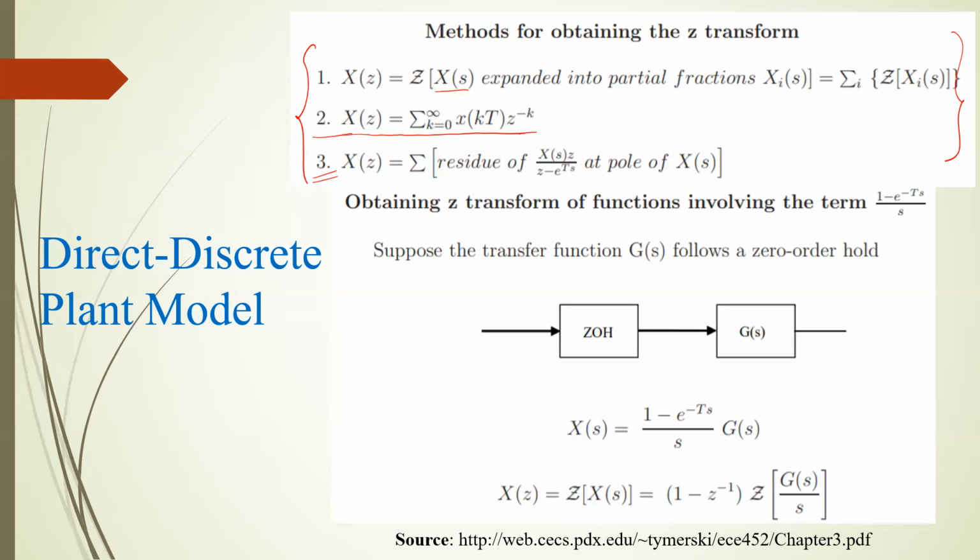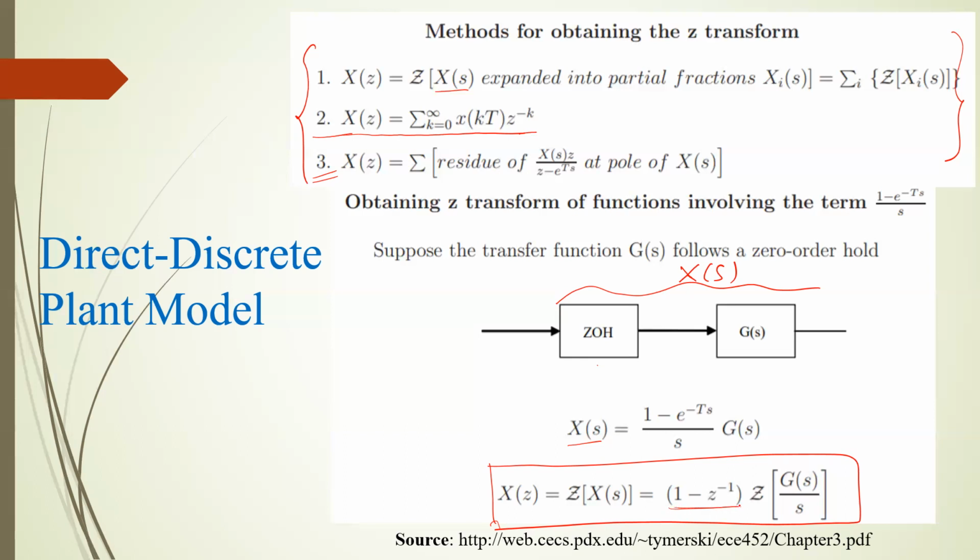How we can do that? So the simple way, and the very simple way to get our discrete time plant model is using this equation. So here X of s represents our transfer function of the system, including zero order hold. So this is our X of s. So from the input of the zero order hold to the output of the hardware system, this is the X of s in the continuous time domain, and we have to find the Z transform,